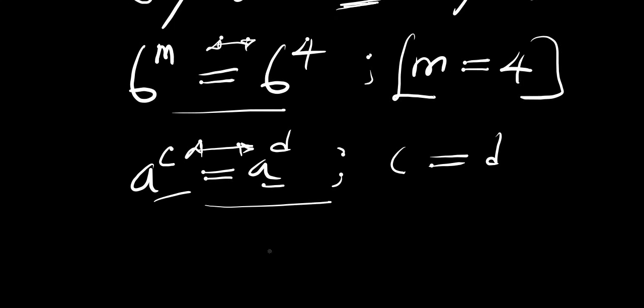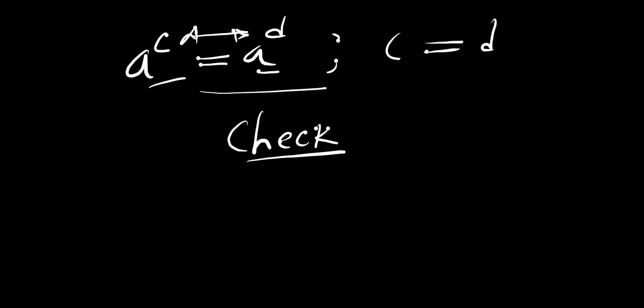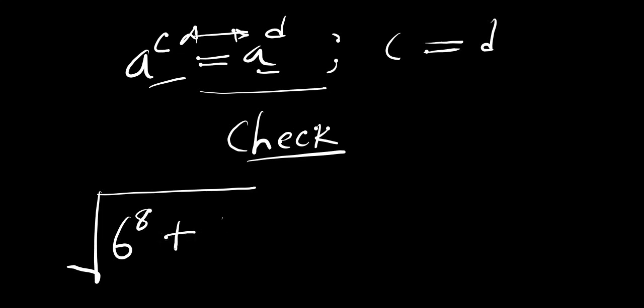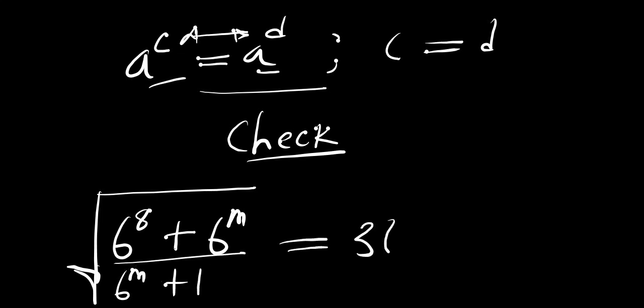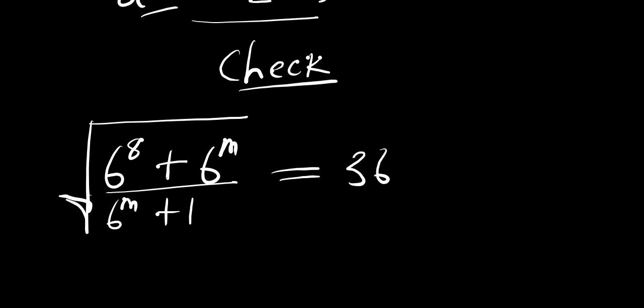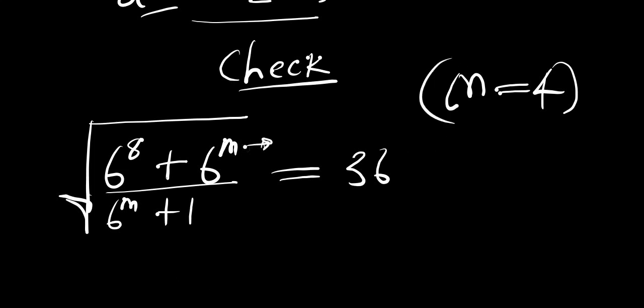So we can go ahead and check if this answer here will satisfy the equation. So we have check. So let's recopy the problem. Recall we had the square root of 6 to the power of 8 plus 6 to the power of m, then we have divided by 6 to the power of m plus 1, and this equals 36. So we have our m equals 4 from what we have solved. So we are going to replace this m with 4. That means we are going to have